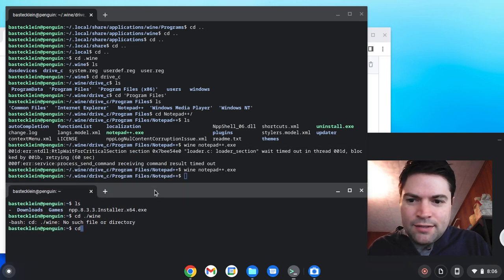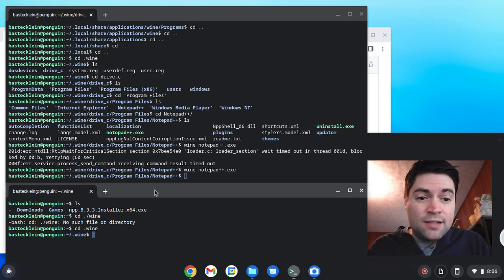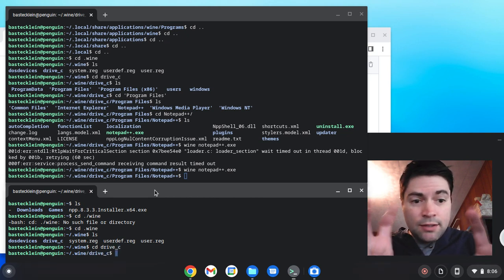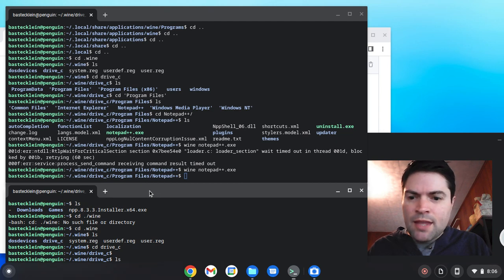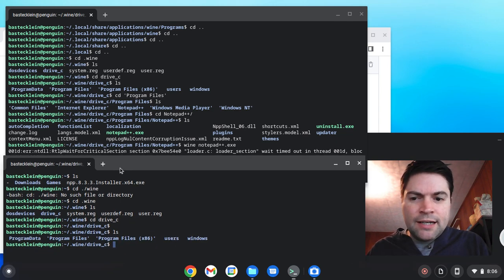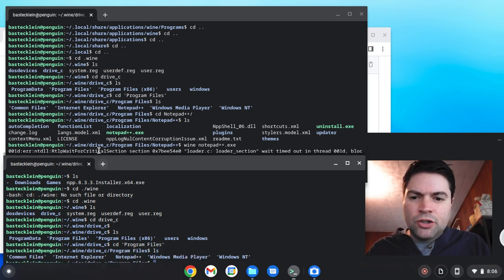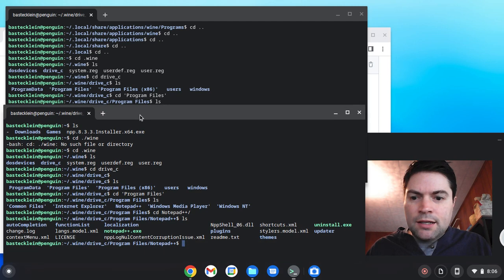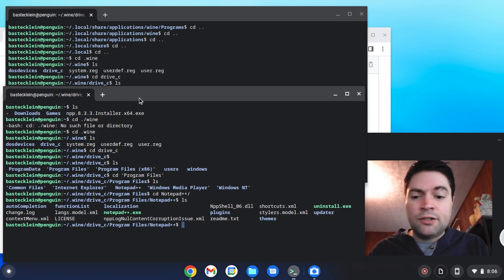cd .wine. Anyway, a dot at the beginning means it's a hidden directory, so it won't show up when you just do a normal ls. And then you have a drive C in there, cd drive_c. This is going to be your Windows C drive, that Wine sees. And then you can look around in that, cd program files, just to show you what's in there. This is where all your Wine stuff is, and you can do cd notepad++. And then our Notepad++ executable is in there. You'd type wine